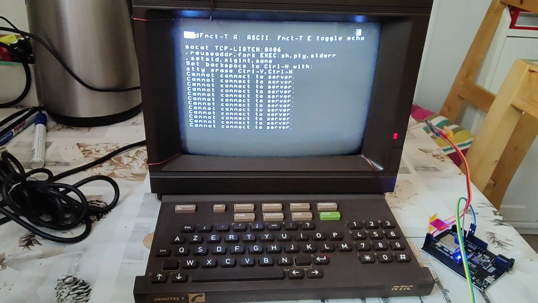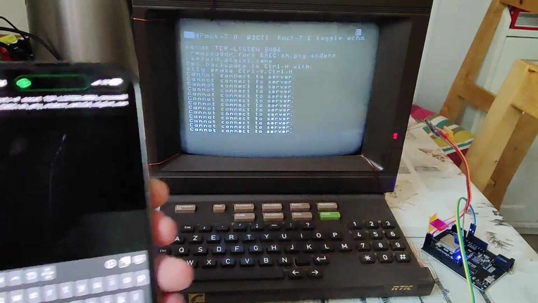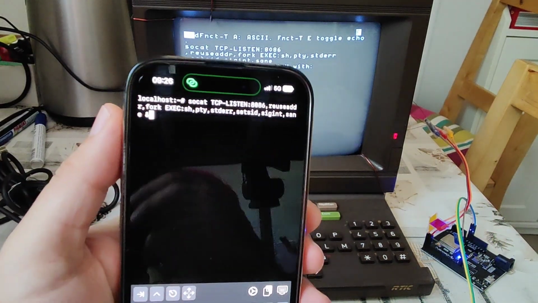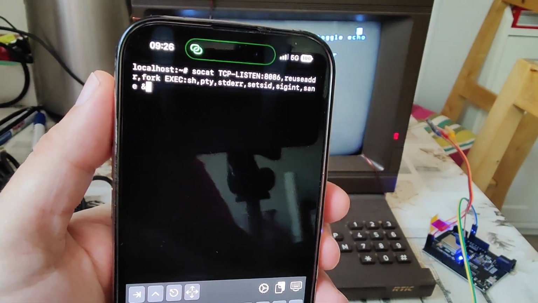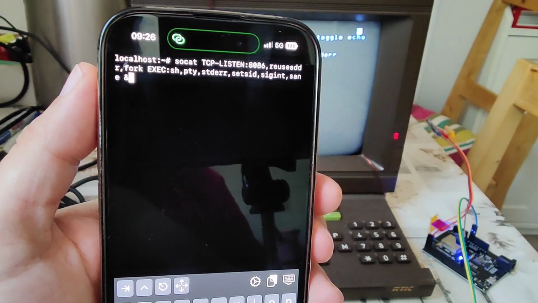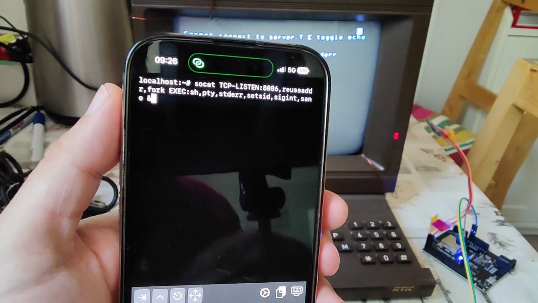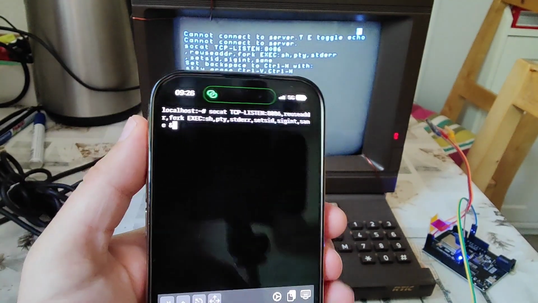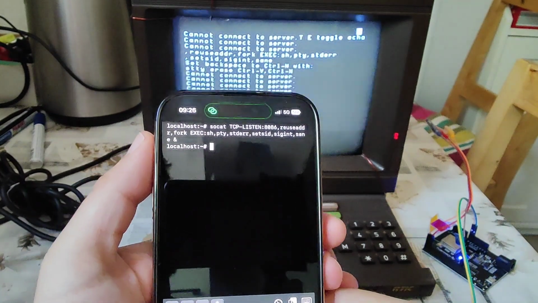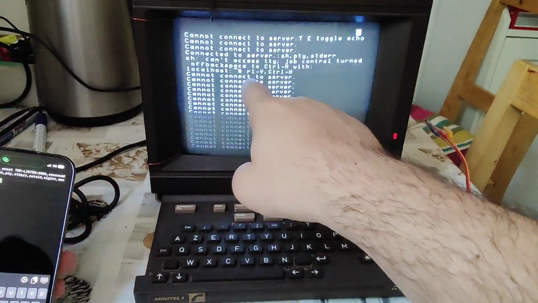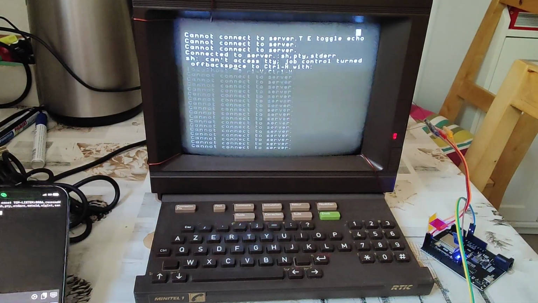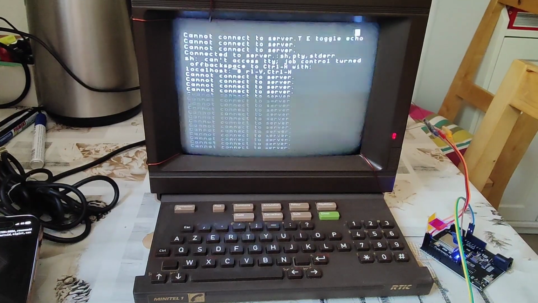Okay, going now over to ish, the iSH shell, I'm going to issue this socat command, which is basically the same thing that you saw in the reverse shell, only this time it's not a reverse shell, it's just a socat listener. No big deal. Okay, pressing enter on that. And here you can see this localhost thing. But we are, of course, still facing